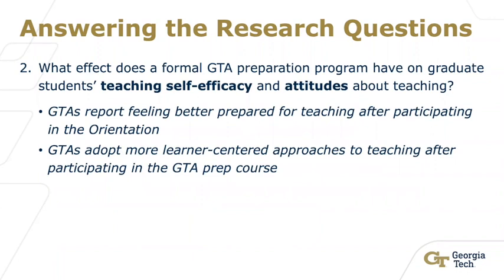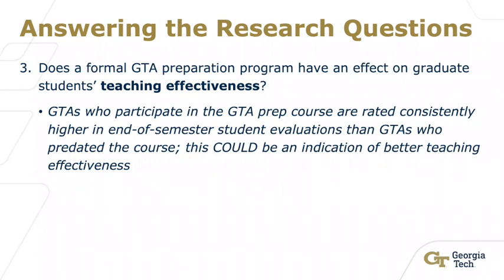What effect does a formal TA preparation program have on graduate students' teaching self-efficacy and attitudes about teaching? Well, TAs absolutely feel better prepared for teaching after participating in the TA orientation. And TAs definitely adopt more learner-centered approaches to teaching after going through the TA preparation class. Then, does a formal TA preparation program have an effect on graduate students' teaching effectiveness? Well, the TAs who participate in the TA preparation program have higher end of semester student evaluations than the TAs